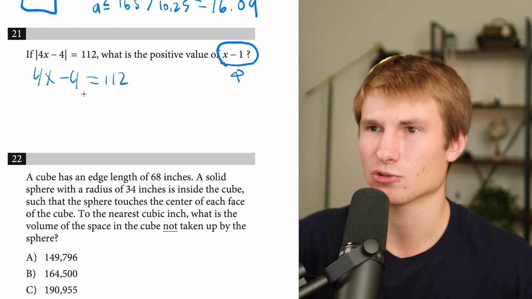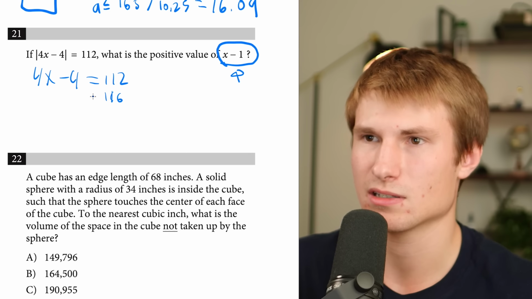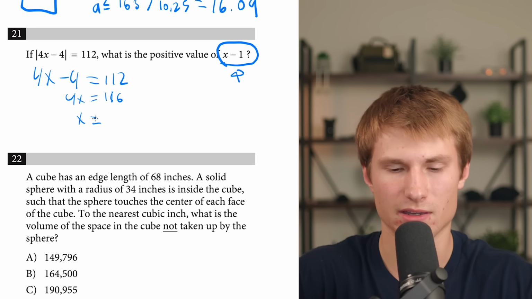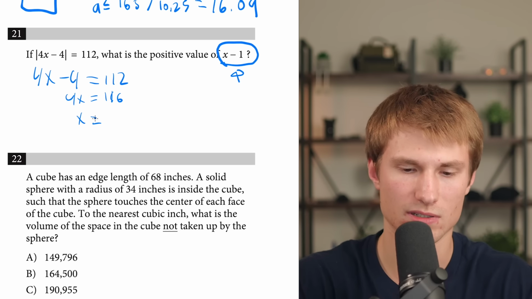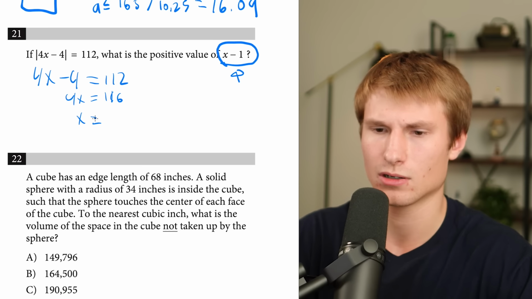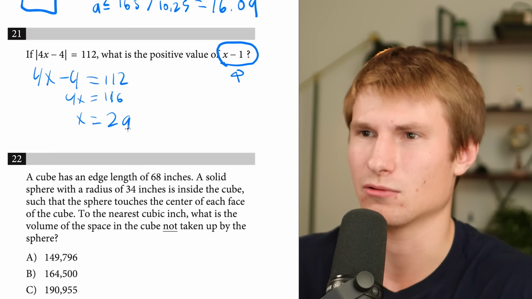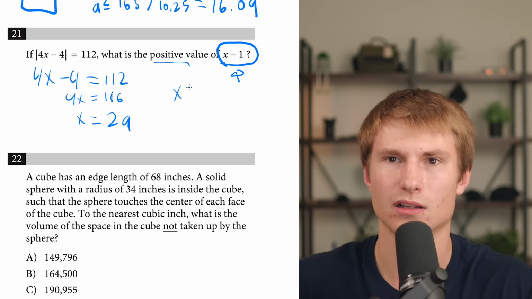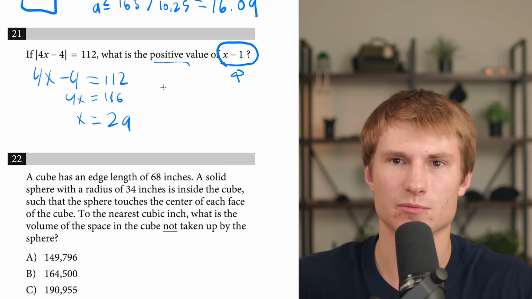Okay, it's going to equal 12. I'll add 4 to both sides. I get 16. It's equal to 4x. Divide both sides by 4. That means that x is going to equal, I think that's 104, but I'll quick check. Not 104. 116 divided by 4, 29. Okay, yeah, I don't know why I was saying 104. x is going to equal 29, positive value. Okay, that's perfect then. So we just take that 29, we subtract 1, and we're going to get 28